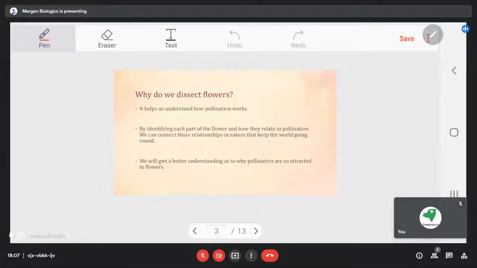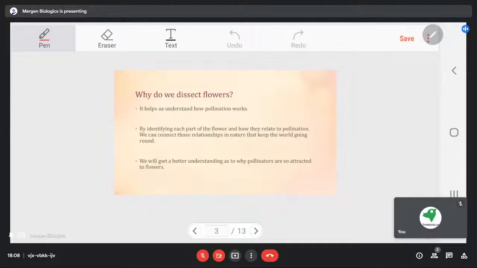And we have to get a better view of why this pollination is happening and how it is happening. As I have told you, a flower uses many things as its pollinator. One of them is bees, honeybees, different kinds of birds, insects, and even humans. So why are we getting attracted to these flowers? Why are we touching these flowers, so that we can carry their pollen grains to the female reproductive part? As I have told you, the flower parts have different beautiful colors, and some have different aromas also. So this is the reason that pollinators are getting attracted to them.